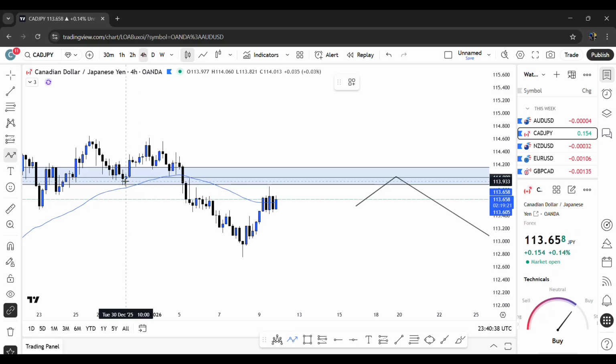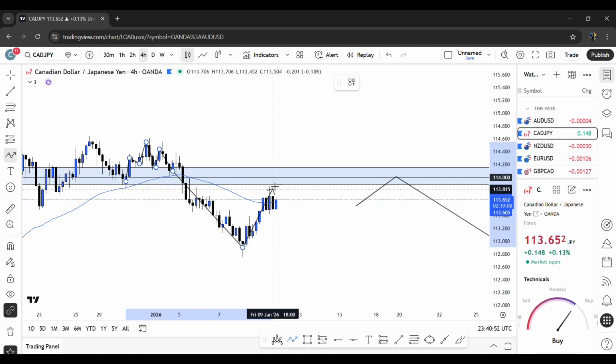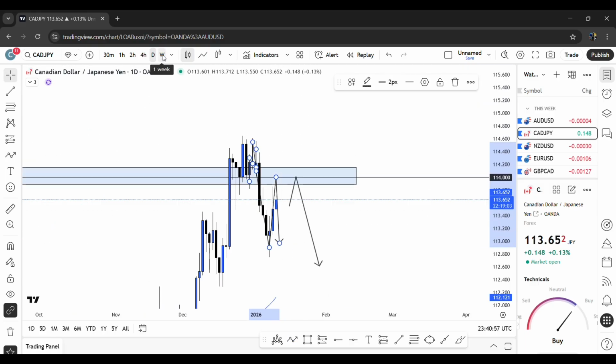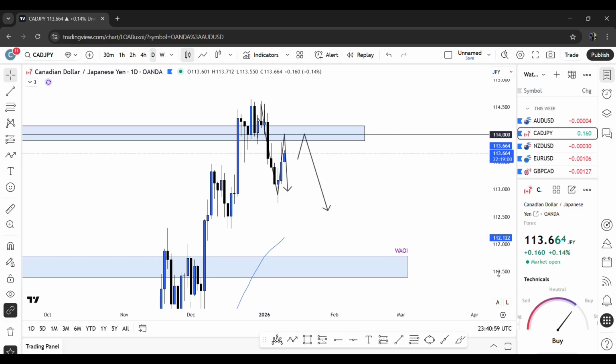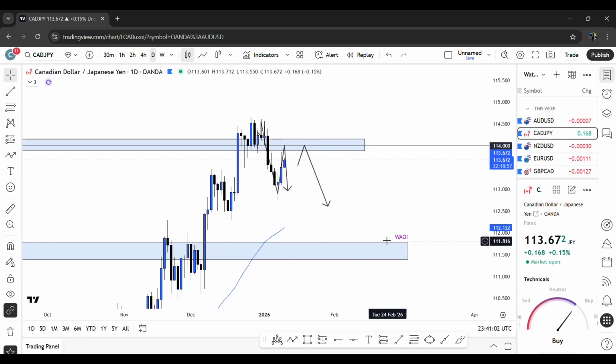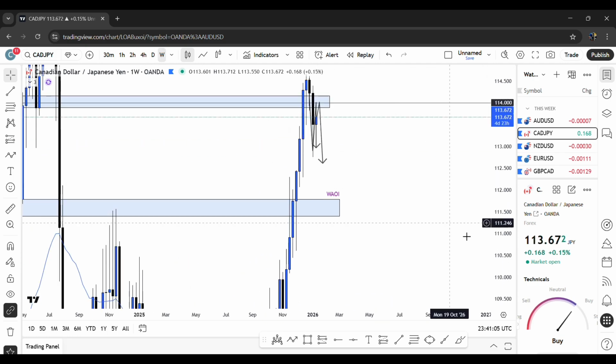But if you look on the right, it's a head and shoulders pattern. The price has gone below, and now I'm waiting for the price to come back, retest the neckline of the head and shoulders, and then we'll look for sells. And we want to exit just before the price reaches the weekly area of interest, because it can potentially